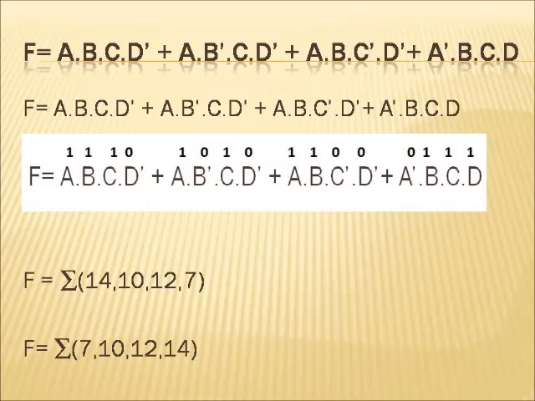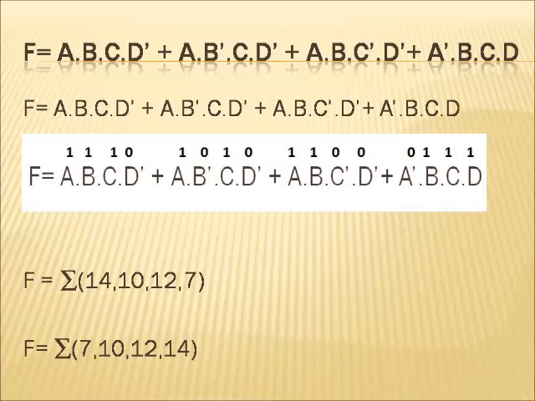In the last problem, we saw there were three variables x, y and z. Here we are considering another example which is also in SOP form. This example contains four variables, that is a, b, c and d. Similarly, we are writing the binary values of each term above the expression. On the third line I am writing f = 1 1 1 0, 1 0 1 0, 1 1 0 0, then 0 1 1 1.